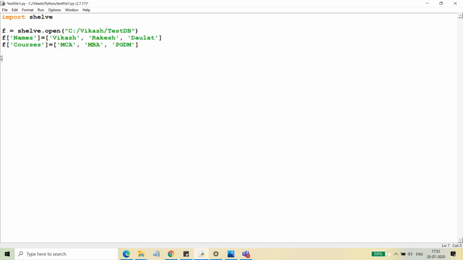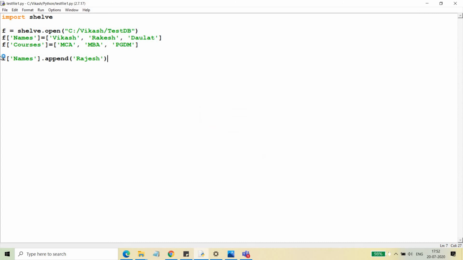Suppose I have to add a few more names to the names. So what I will do, F names gives me a list, and in the list we can use the append function to add new values. Suppose I want to add a new value Rajesh. Along with Rakesh, I want Rajesh as well.